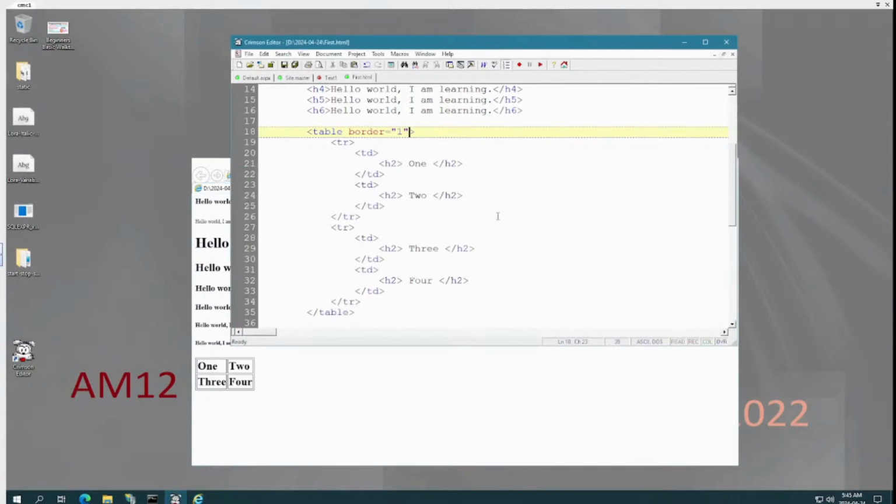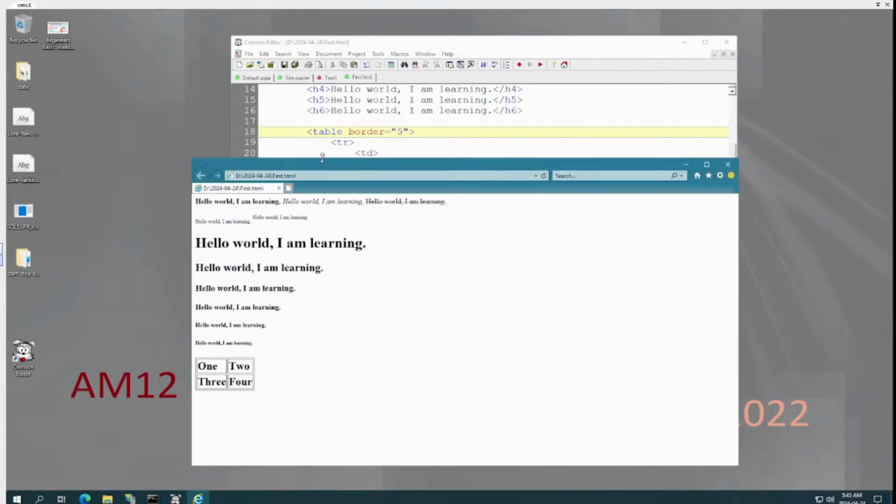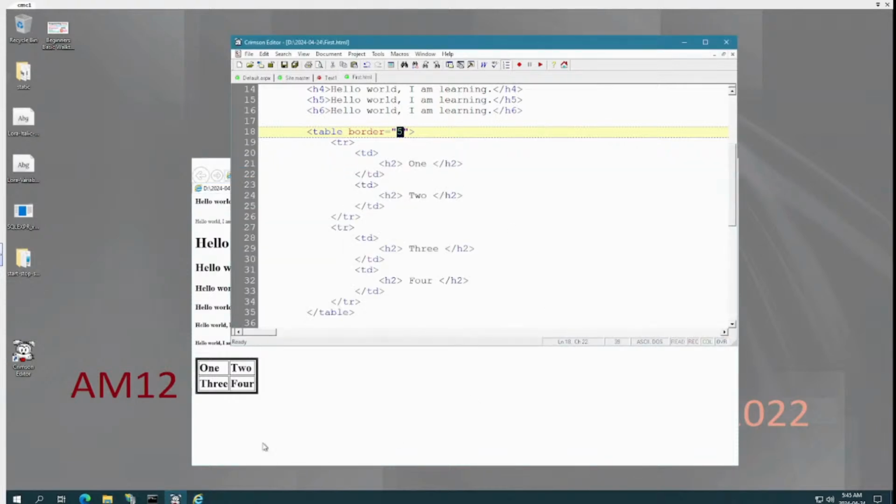So if we make it bigger, maybe I can make it 5. Let me save the file and refresh our browser, or you can open a new one. See what is happening. Table border is 5, but